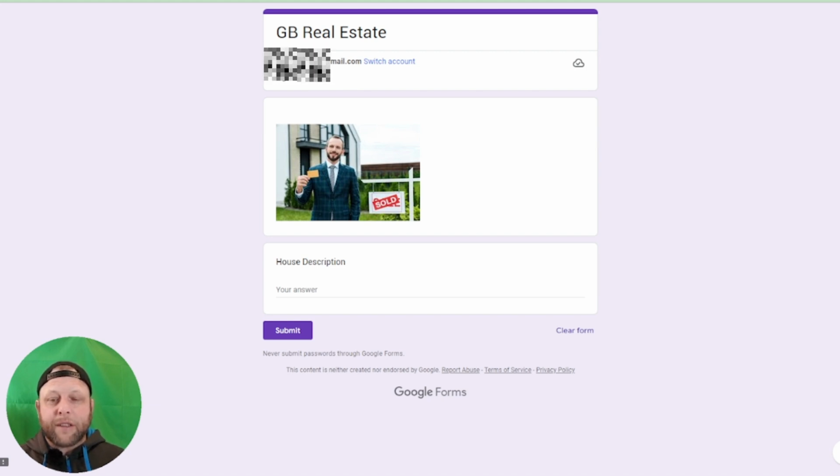So let's get started. The first step to do is creating a Google form. And the Google form is just for private use, so it doesn't really matter what you have in the top, but all that is important is having one piece of the form that you can add your transcript in. So if you're out on the road as a real estate agent, you can bring up the form on your phone, save it as a desktop setting, and once you come in here, you click on it,